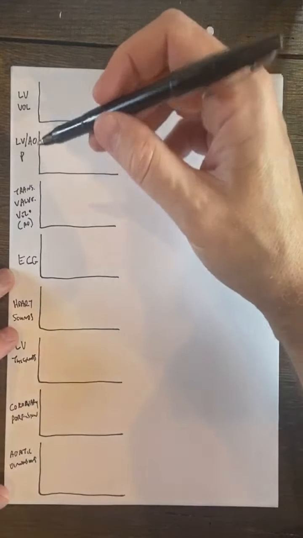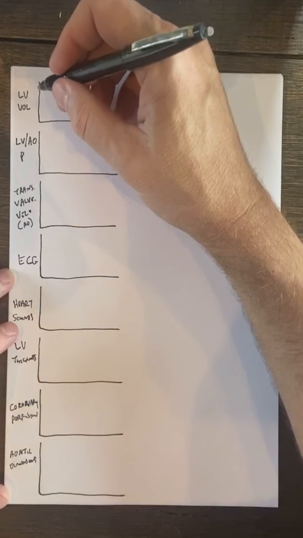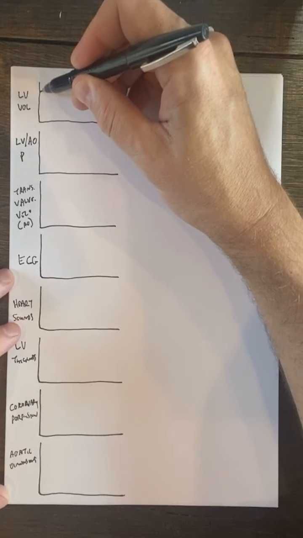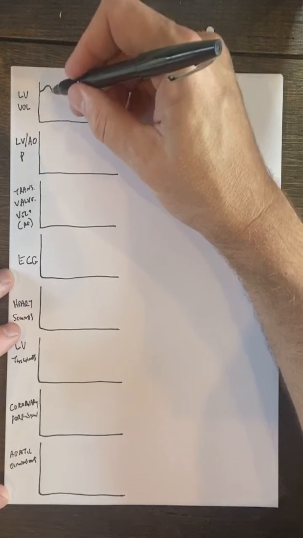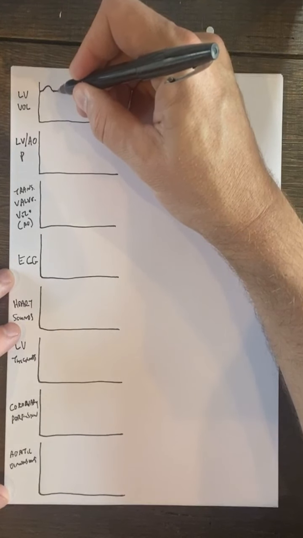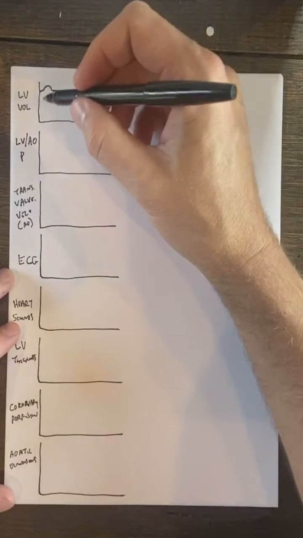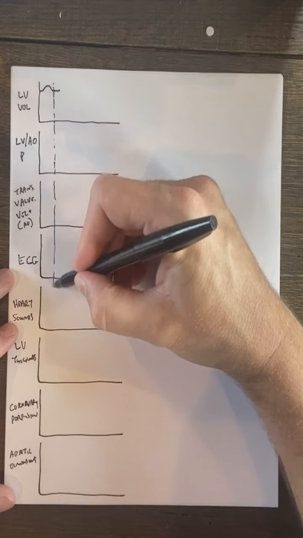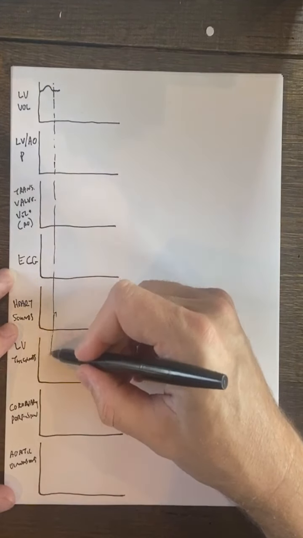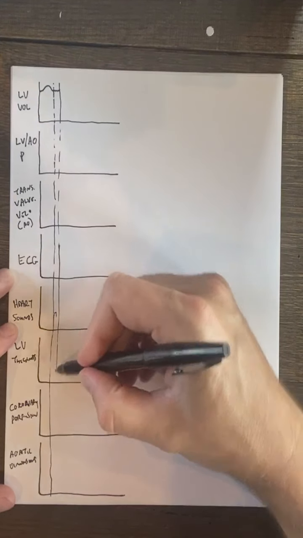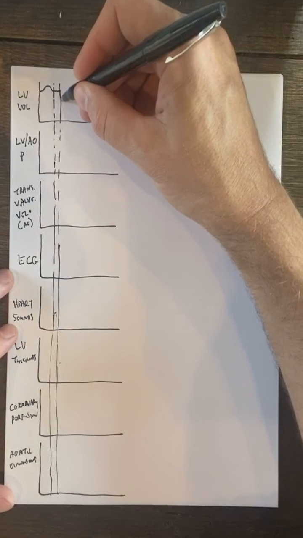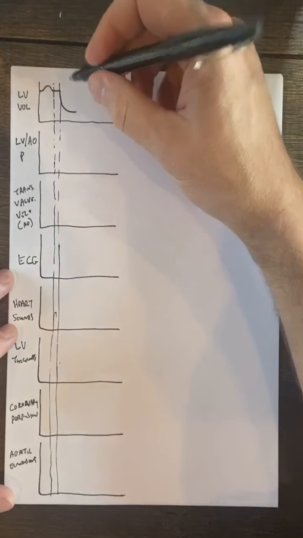Initially, we're starting off with late diastole, as in most of these images. You have a period where you've got an atrial kick towards the end of diastole, and then a phase of isovolumic contraction. As we draw this initial portion, we will insert vertical lines running all the way through all of our graphs, depicting these key segments of the cardiac cycle. And then we have a period of rapid ejection,